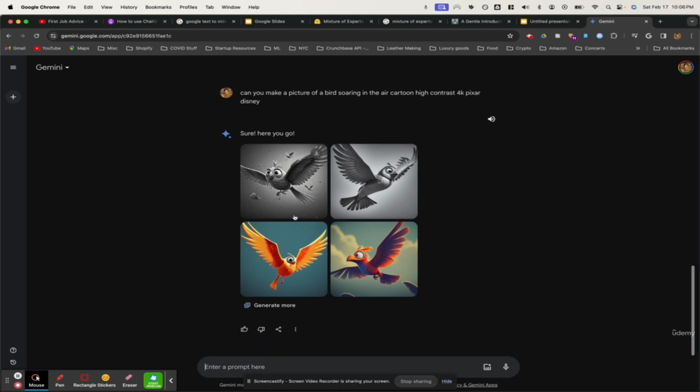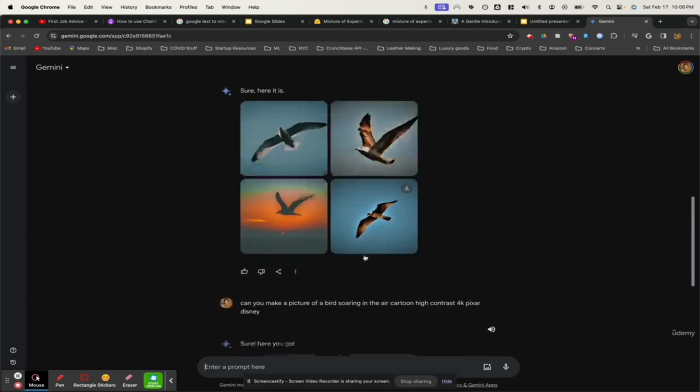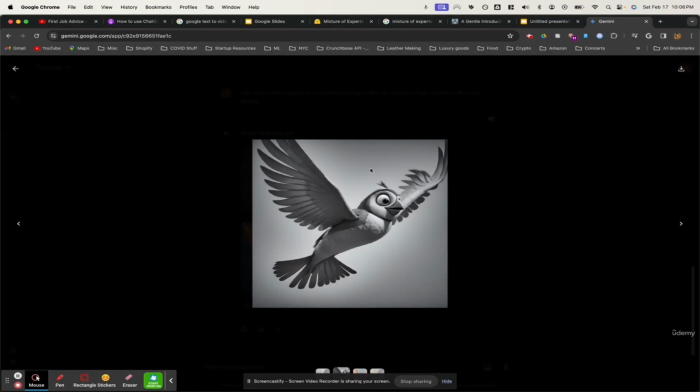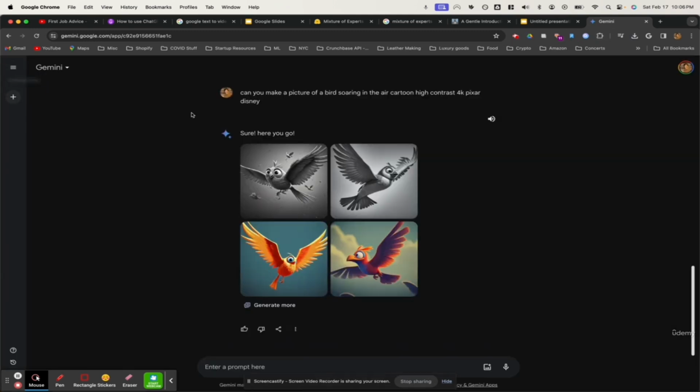It actually created two black and white and two color, but you can see that the animation style is very different because we changed a few of the keywords. So you can go ahead and take this and download it. The download button's on the right side, and it generates a downloaded image. So this concludes our section of the course, and we went over how to generate images using Gemini as a free option for